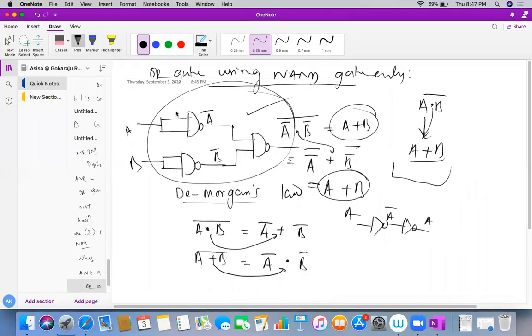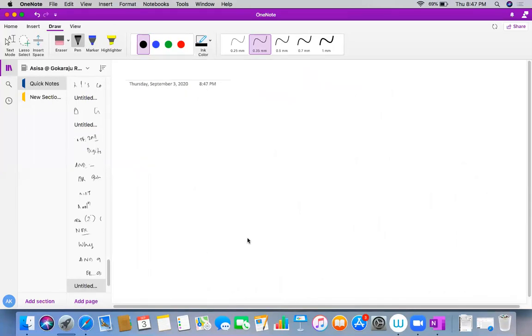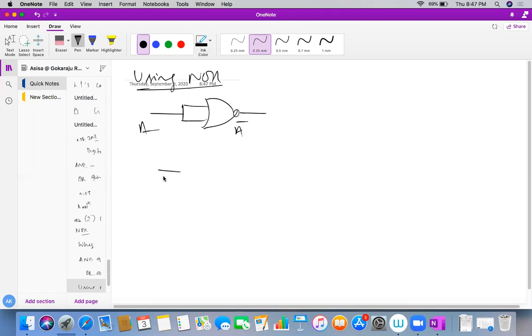Very simple things. Similarly, I can design all these things using NOR gate also. How is it? Very simple. I can do it the same way. So this is my NOR gate, A. This is my A bar. Similarly, this is actually my NOR gate, but I need actually A or B. So this is my A or B bar.